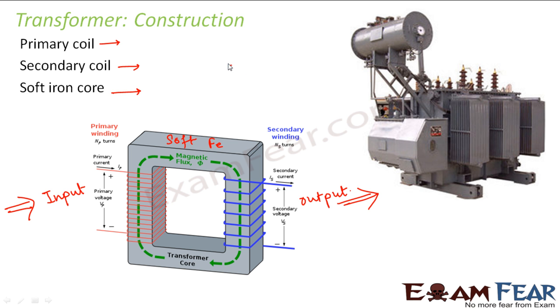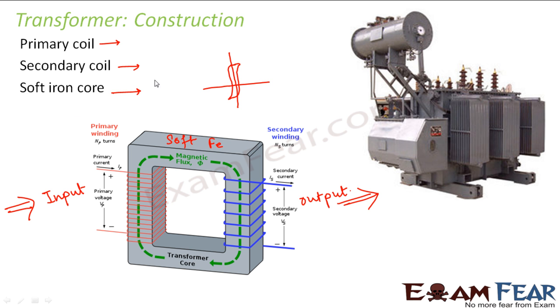If you look at the hysteresis curve of a soft iron core, how does it look? It looks somewhat like this. The hysteresis curve for a soft iron core is extremely thin, covering the minimum possible area. And we know that the lesser the area of a hysteresis loop, the lesser is the energy loss in the transformer. That means whatever energy is getting transferred from the primary coil to the secondary coil, there will be minimal loss if the area covered under the hysteresis loop is minimum.